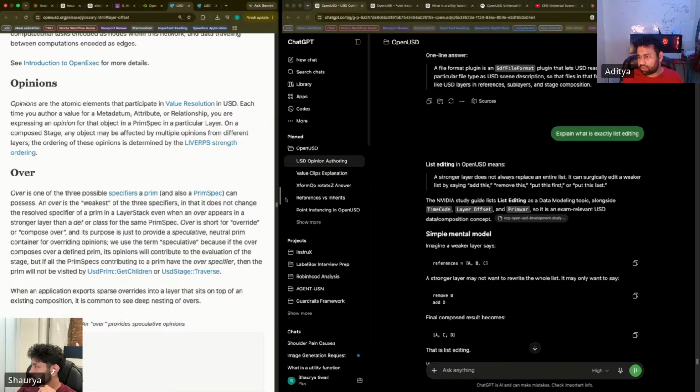USD uses its native text format as the default.